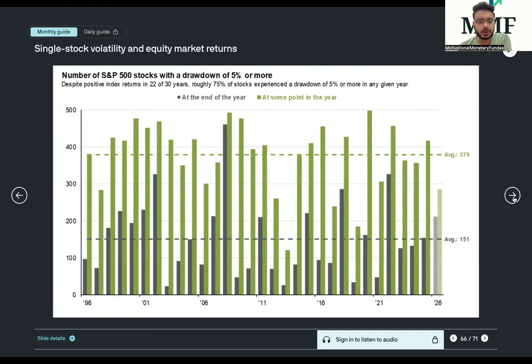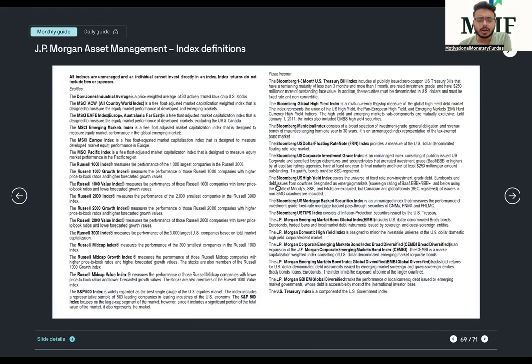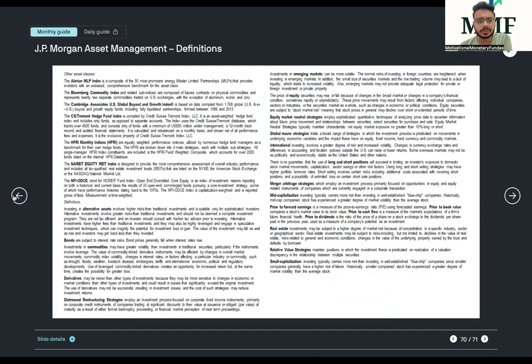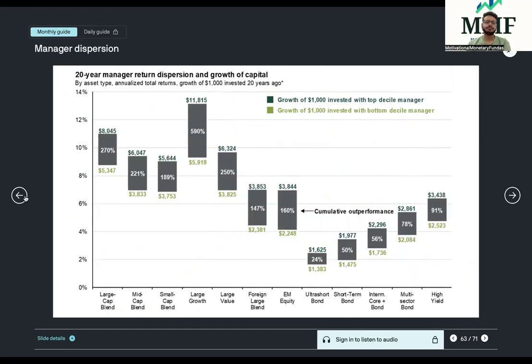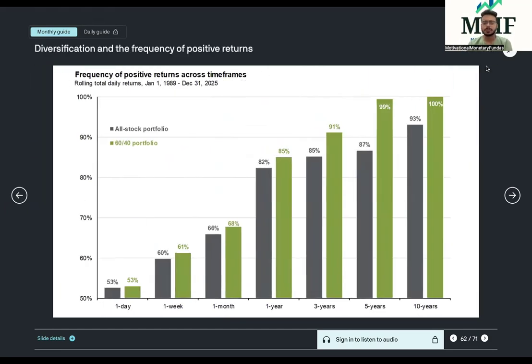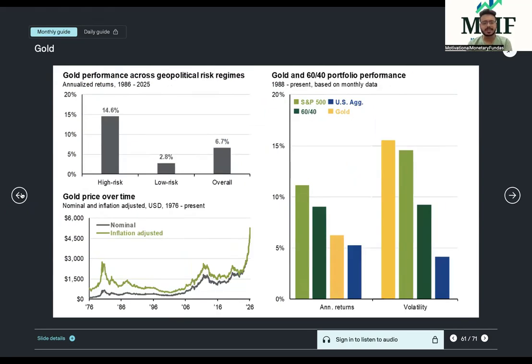Again, this can be decoded. That is fine. Here we end the report, right? Again, I think it was a very deep dive, a report to make you understand about the global markets, what's happening in the global markets and emerging markets from an equity level and the fixed income level.